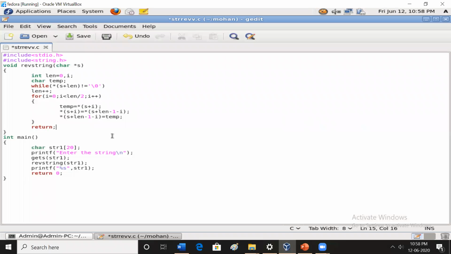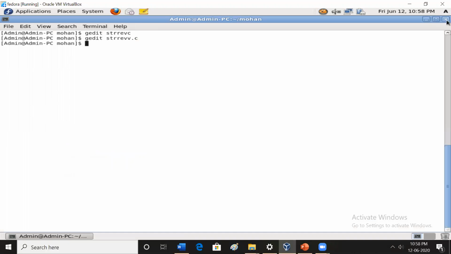This is the program for exactly that. With the help of the length, the left character, that is s of left, is going to be exchanged with s of right, means the next characters. This exchanging takes place through a temp variable. Now I will execute the code of this string reversal.